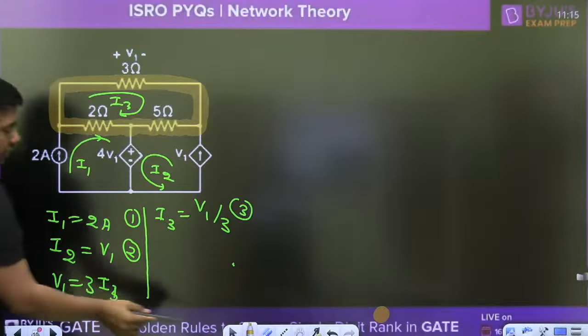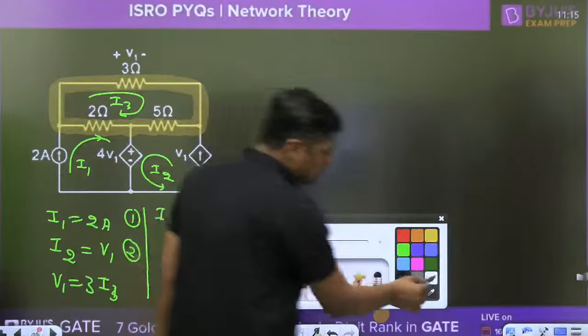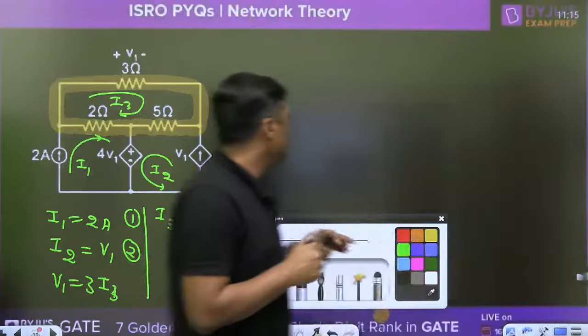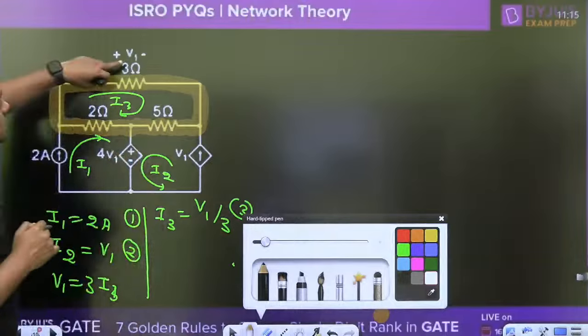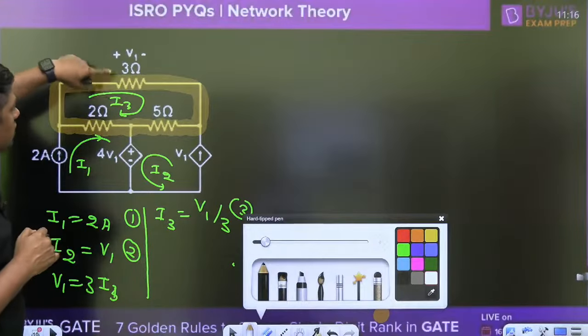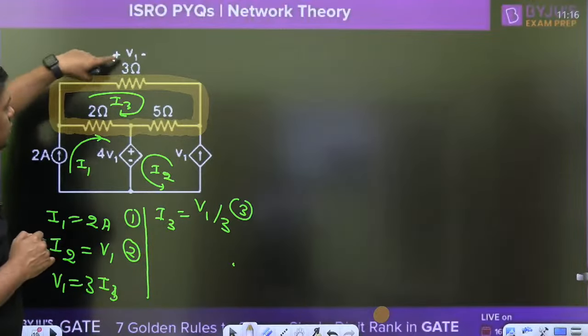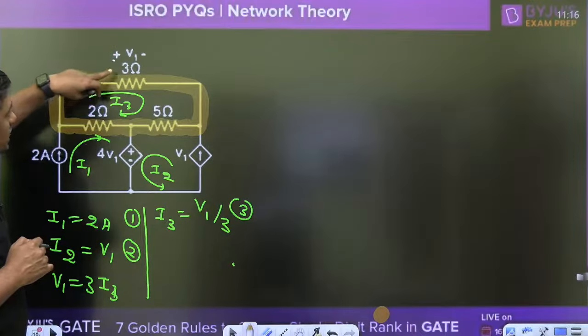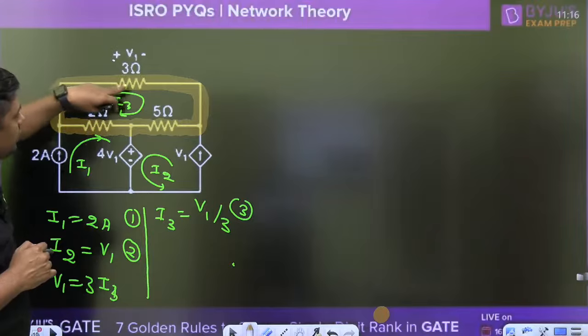Only, when we are applying the KVL in this loop, you can find the value of V1 directly. What is the V1 then? Now, this is already solved. So this is the V1. Directly you can write, already we have solved the I3 in terms of V1 by 3. So no need to write the 3 times of I3. Directly you can write the V1